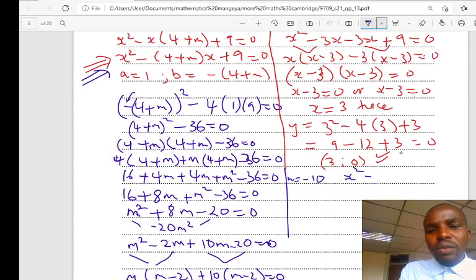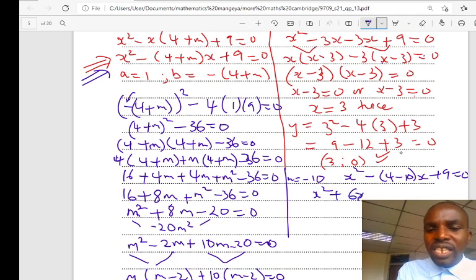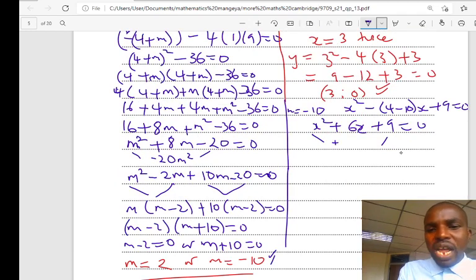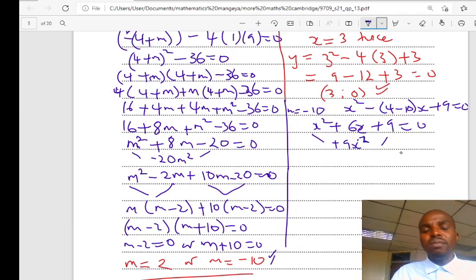Then we get x squared minus 4 minus 10 x plus 9 is equal to 0. Then from there you can say x squared minus, right, 4 minus 10 is minus 6. Minus 6 minus minus 6, it will be plus 6x here. Plus 9 is equal to 0. Then factorize this one and this one. It will be plus 9x squared. Then find two numbers, factors of 9, adding or subtracting, they give you 6. Is plus 3 and plus 3.